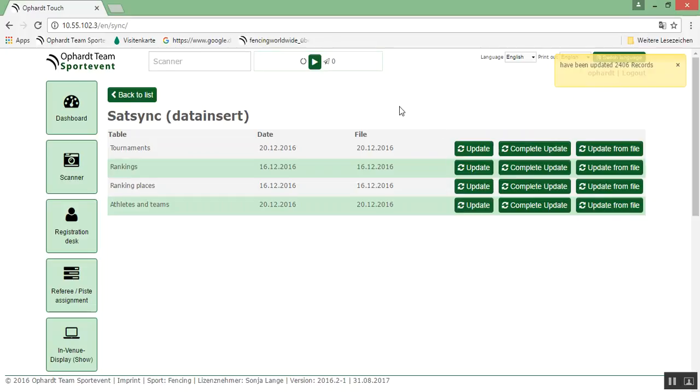This takes a while, as it can be a lot. Today we have 2,400. Then we have to update rankings, depending on how many rankings we do have, and also ranking places, as you have further options for rankings in the system. Depending on how many rankings have been calculated after adding last results to administration systems, this may take a while. For this update process, you need to have internet connection. Now we're going back to list,